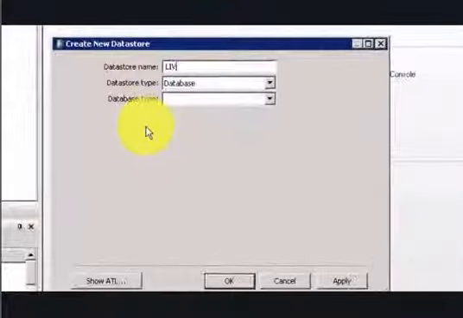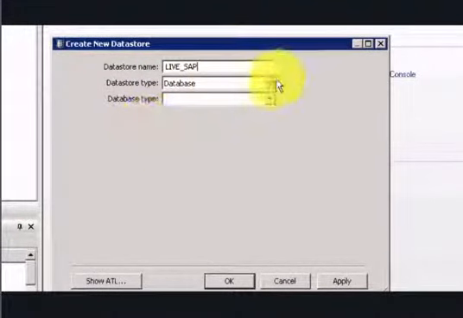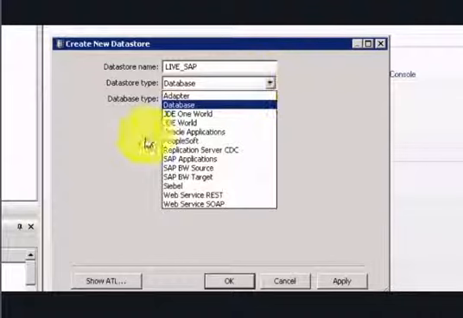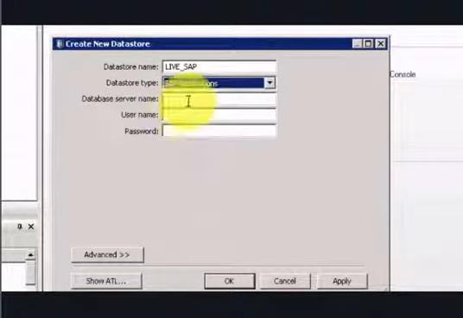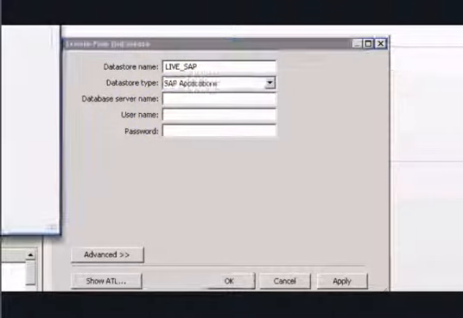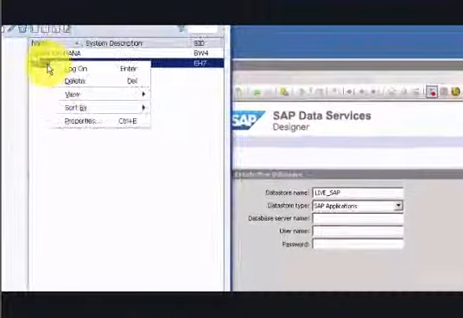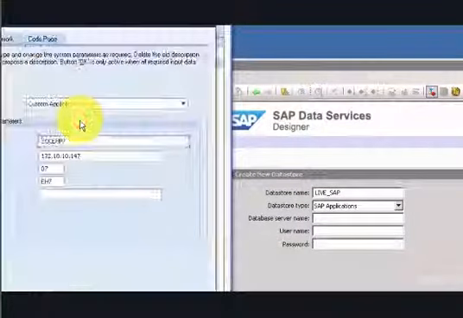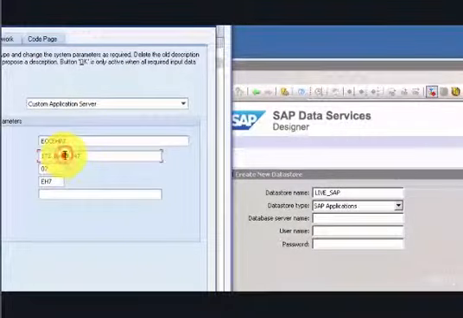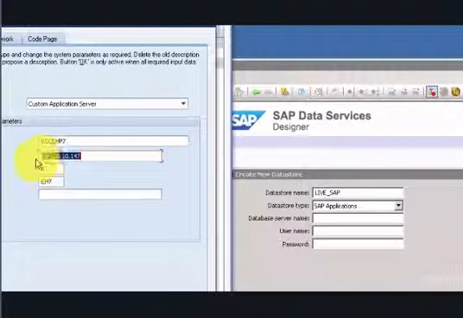I'm going to name it live_SAP, and the data store type is an SAP application, so let's go there. And the name of the database server, in other words the name of the application server, you can find in the SAP logon. You can right click on the system and say properties, and this is your application address. So simply copy paste it here,